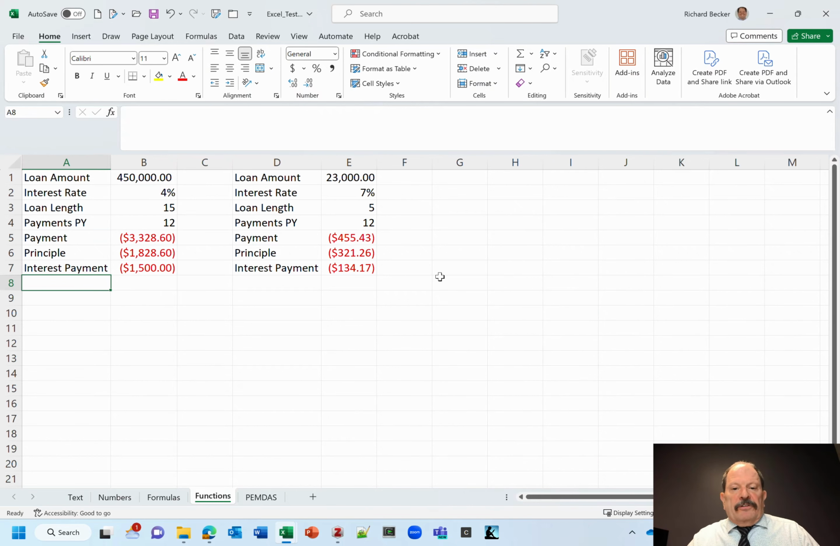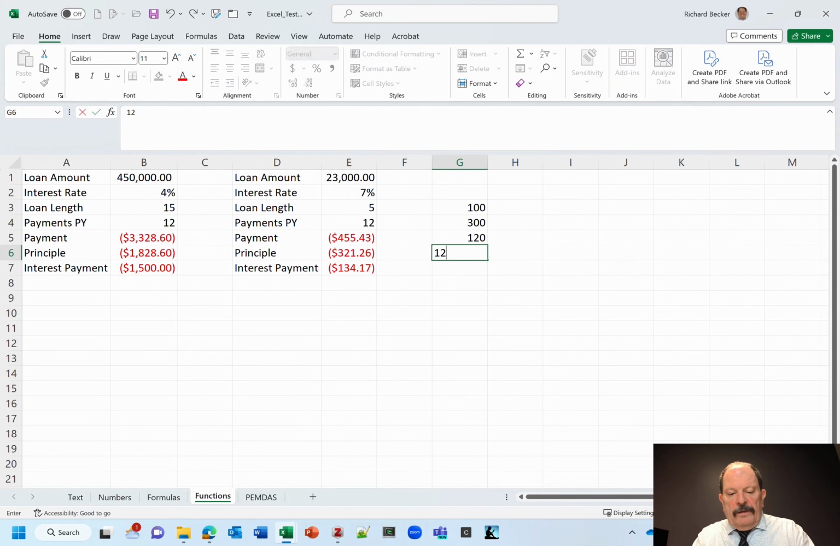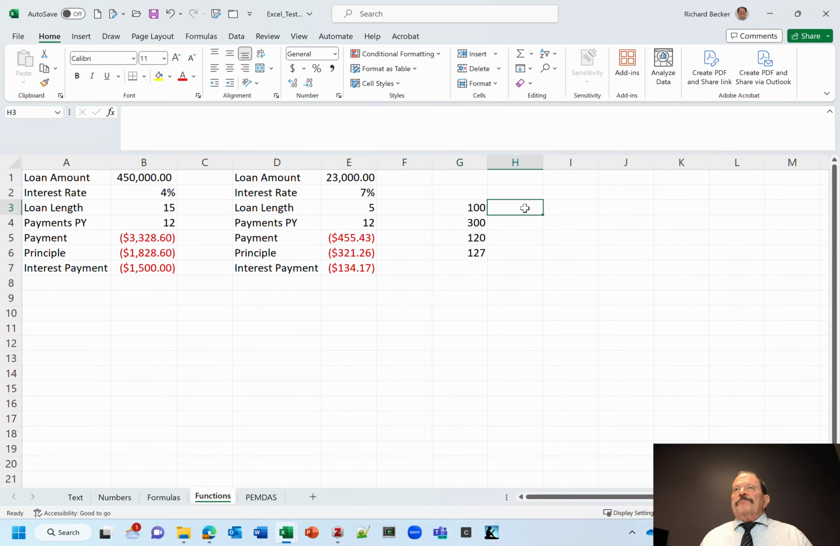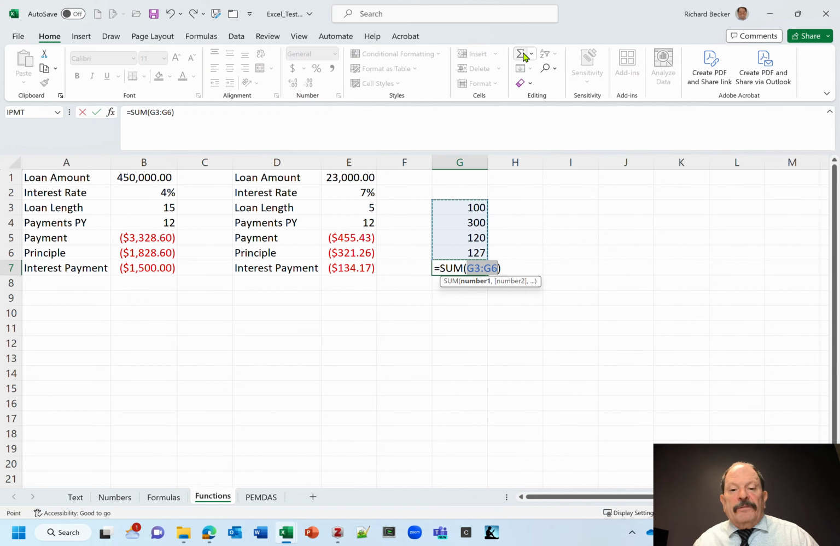So let's do this. I'm just going to demonstrate this by putting in some values, okay? So let's put in 100 and then 300, 120, 127, and I'm just going to use this for demonstration purposes. So we have these 4 cells that have these values in them. Well, there's a function that's readily available, and that is called the sum function, and that is represented by that Greek sigma. And so if I just select that, it will put in a function and fill in some values for me,